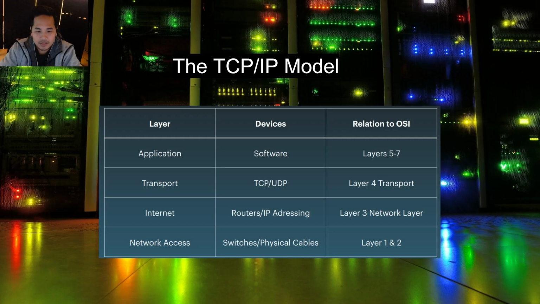Now the most important concept: encapsulation. On the sending side, each layer wraps the data with its own header. Application data gets a TCP header, then an IP header, then a frame header, then it's transmitted as bits. On the receiving end, each layer strips its header and passes the data up. The application gets exactly what was sent, completely unaware of the incredible journey across lands, through data centers, and over the global network.